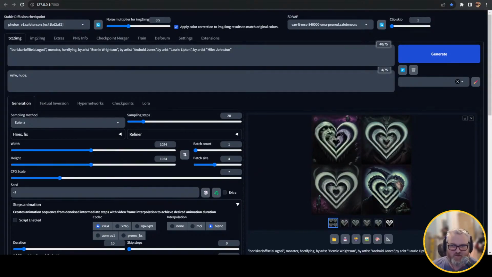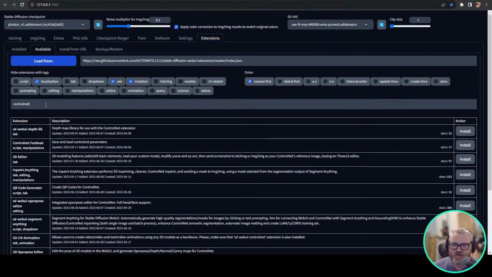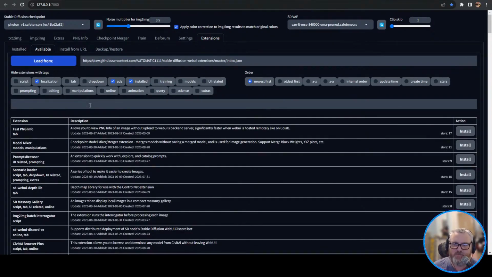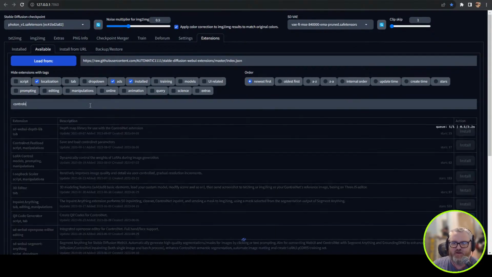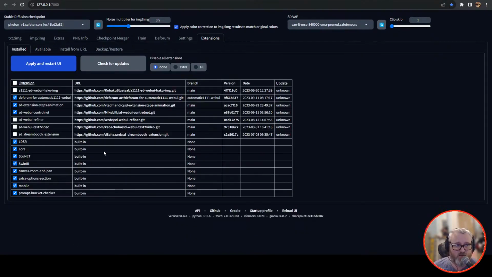All right, Arturo, if you go to your extensions tab and go to available and hit load from, and all this crap will come up, and just search for ControlNet, and it should be like the first one that comes up, and then you install it, and then when it's installed, you just click apply and restart UI in the installed tab. But you got to wait till it's done installing.